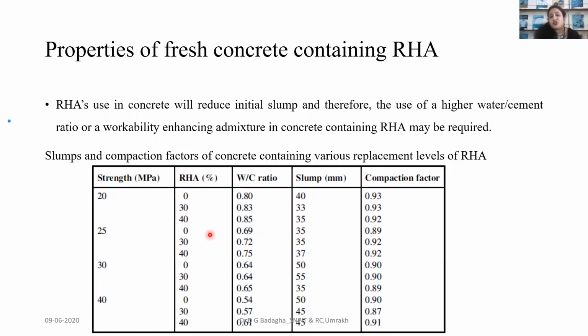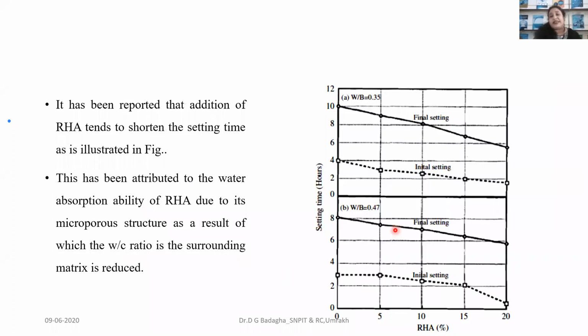So why should we not go with RHA? Definitely we have to go with it, because there is cost reduction. We are saving natural resources, we are saving cement, and because of that indirectly we are saving the environment. That's why we have to choose such material for advanced concrete manufacturing. Okay, only for your reference I put the initial and final setting time graph. Based on that you can understand, for any percentage, what the setting time is and how it will affect the initial and final setting time.